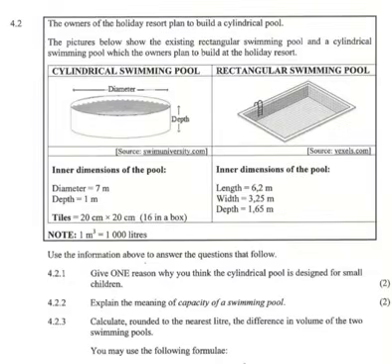The owner of the holiday resort planned to rebuild a cylindrical pool. The picture below shows the existing rectangular swimming pool and the cylindrical swimming pool, which the owner planned to build at the holiday resort. We have dimensions of the two swimming pools. We also have the inner dimensions of the cylindrical one, the circle one: diameter 7 meters, height